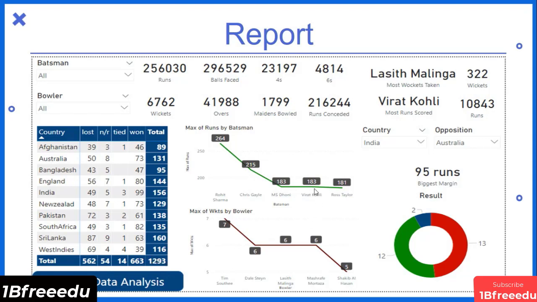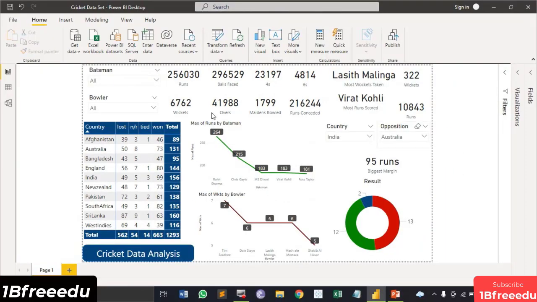So this is a look at the snapshot of the report, but as you can see, this is a pretty much interactive report. So I am also going to show you the actual report in Power BI to see how it works. Okay, so this is the Power BI report that we are getting.